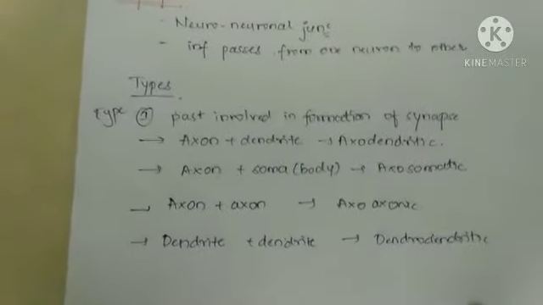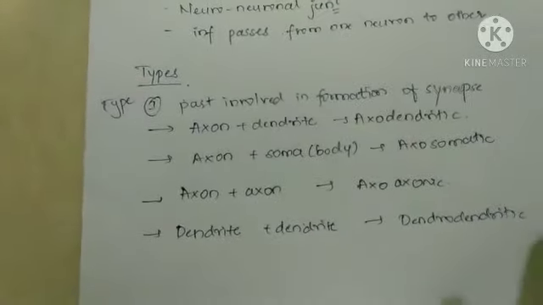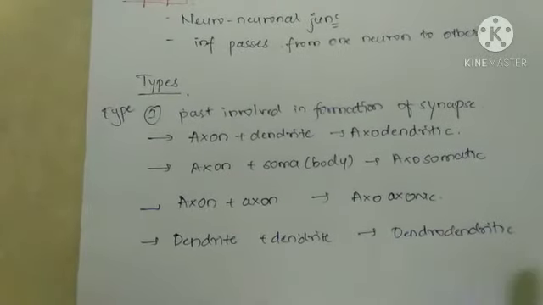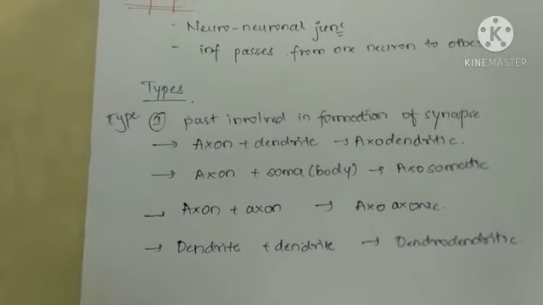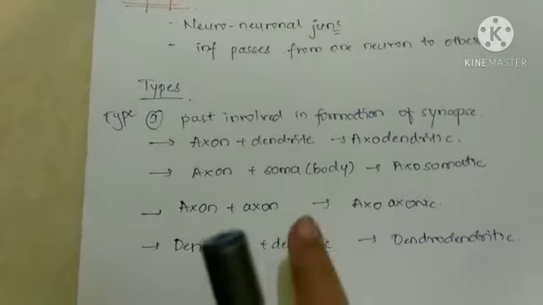The four types are axodendritic, that is axon of presynaptic plus dendrite of the postsynaptic; axosomatic, axon of presynaptic